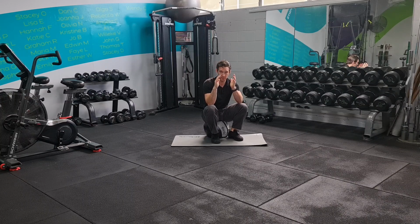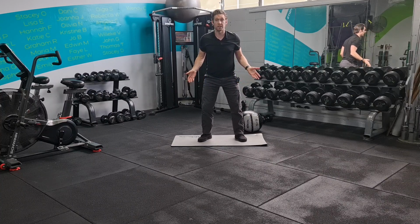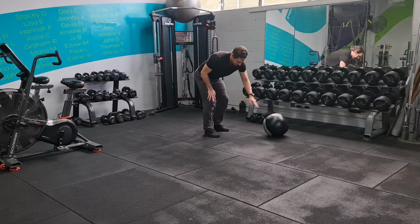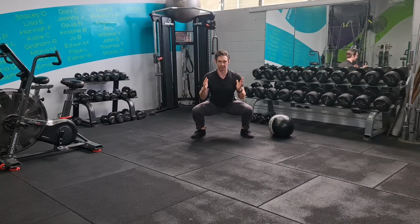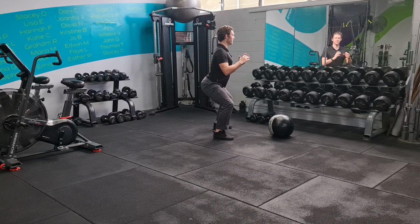Okay, and you're just thinking about that stone analogy with the scale of weight being somewhat even on both sides. Okay, so to start with, you just choose that width that's comfortable for you. I might go a little bit here and turn out slightly, okay? Now, I'm going to get rid of this mat. All right, so if I squat with full spinal extension and I go down, my max range is about here. I feel very stable, I feel very secure, and I feel quite comfortable. From this angle, max spinal extension, holding it,